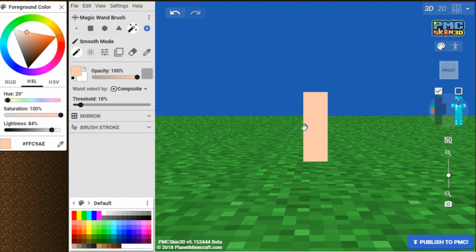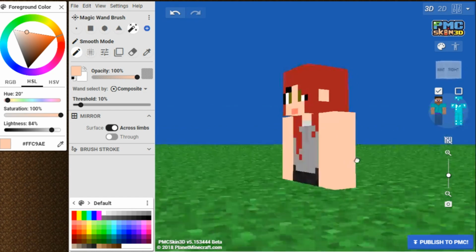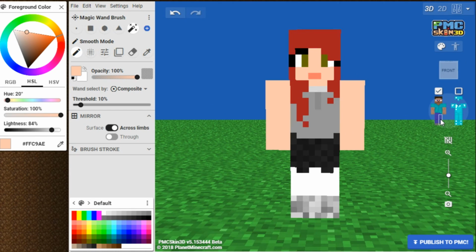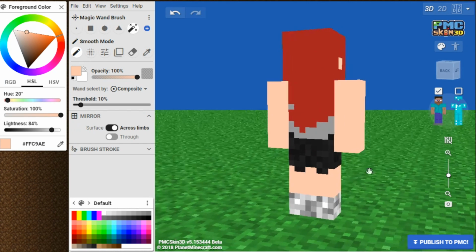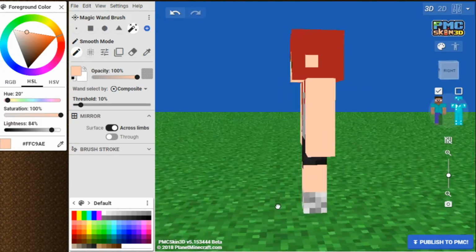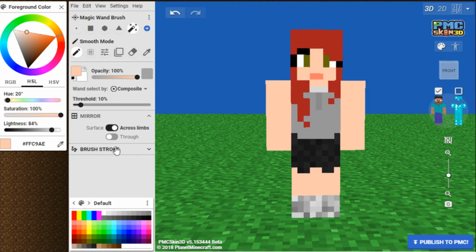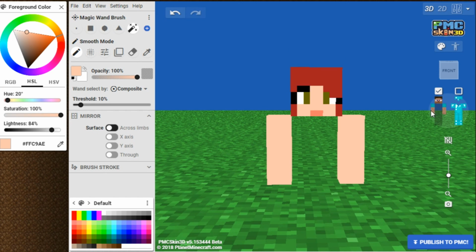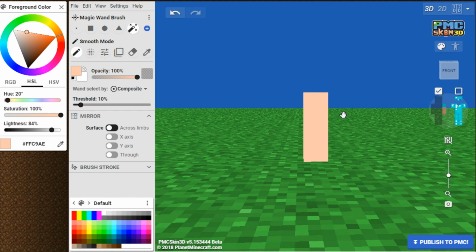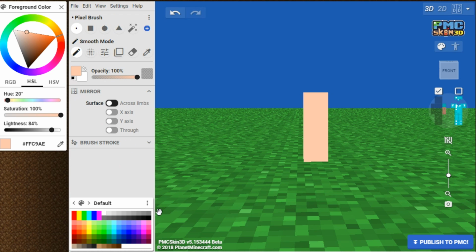Alright, and mirror is still on, but in a second we are going to be doing something while taking the mirror off. So I'm going to do the same. We're filling in the white spots on my leg like that. And there we go. And now we are ready to turn off the mirror so that I can add on my left arm, which is on the right side, because we are looking at it like we are looking at a different person. I'm going to add some things that I'm wearing.